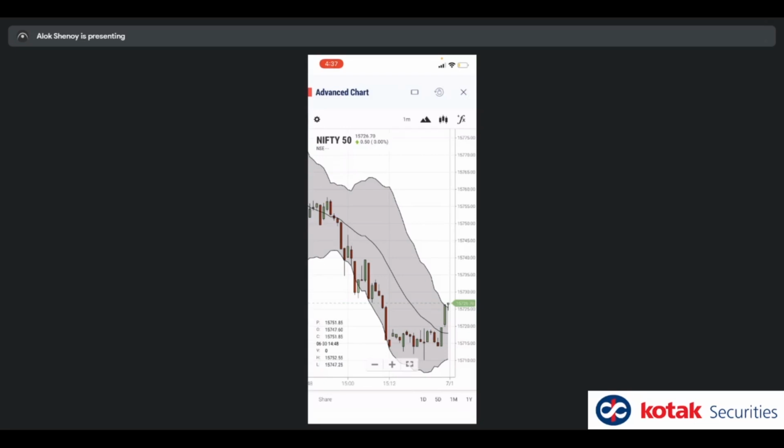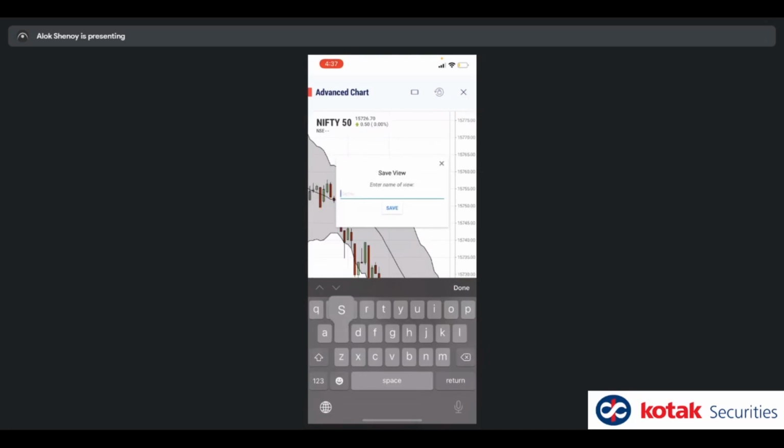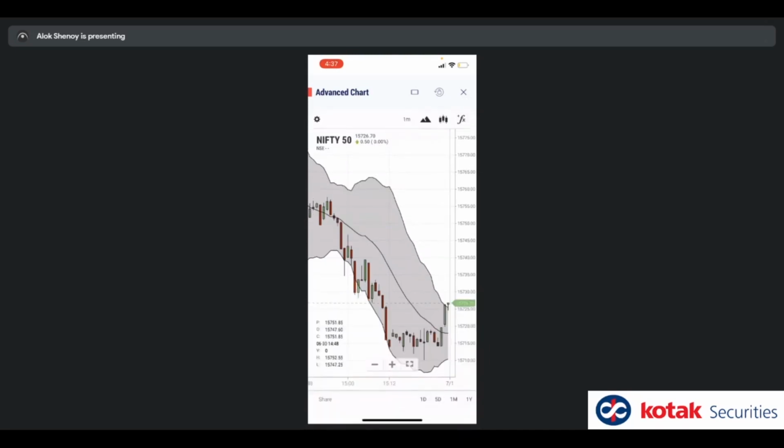When you're seeing this, you've selected a certain study, but if you want it to appear on every future chart that you open, you have the option to click on this mountain icon, click the plus, and call it saved, for example, whatever you want to name it. आपने नाम दे दिया वहाँ पे, and that has now gotten saved here as saved. Okay, and we can revisit that whenever we go to another script.